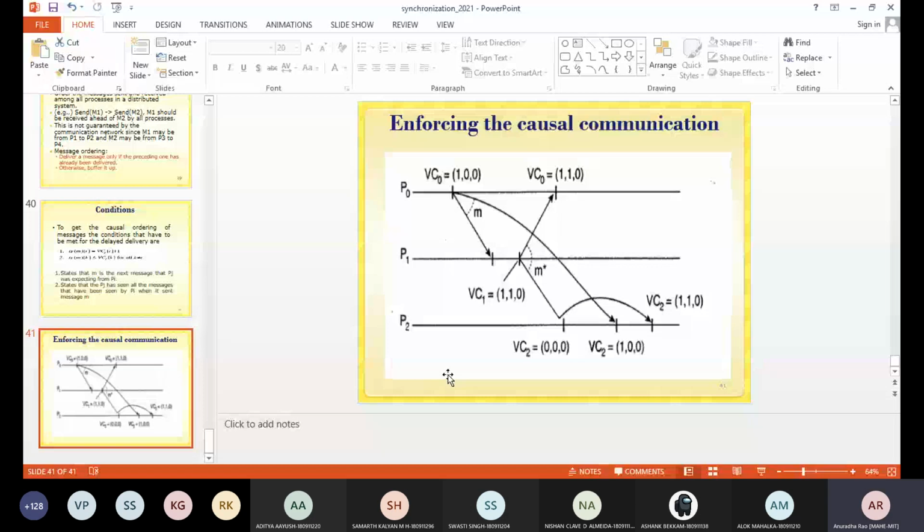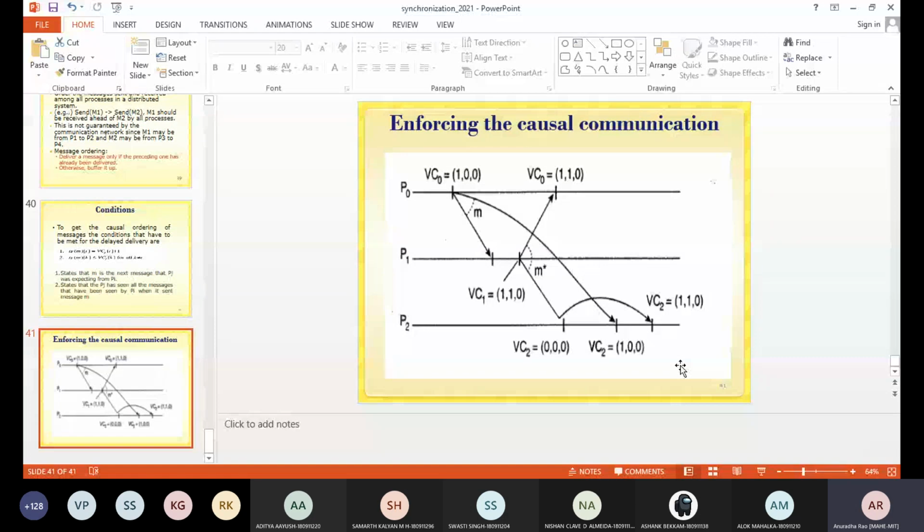Why the delay for receiving this particular message has to be taken care of, and how it is done, is dealt with in the vector clock, how it is used for message ordering. This is based on a particular algorithm, but in general, if you see the vector timestamp, when it is broadcast at P0, receivers will be P1 and P2.